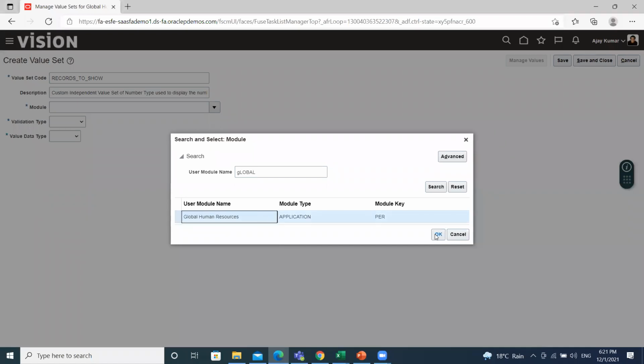Select global human resources, then click on the OK option. And after that, we select the validation type and value data type.